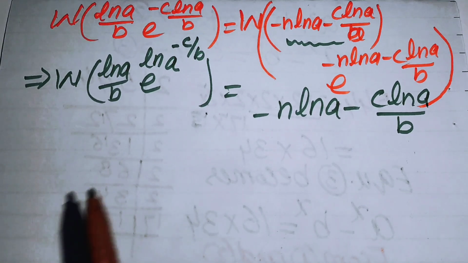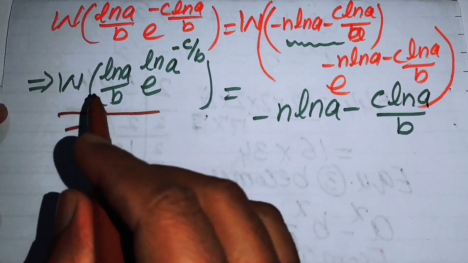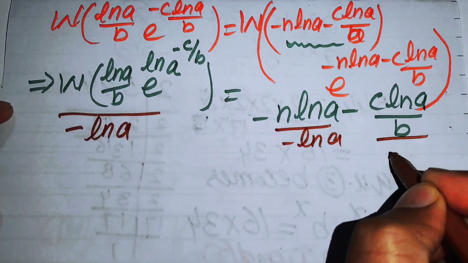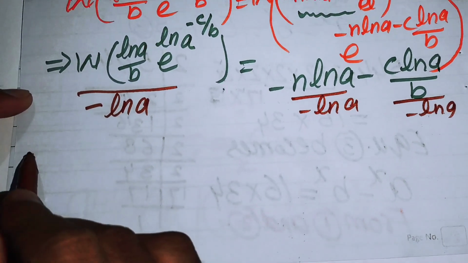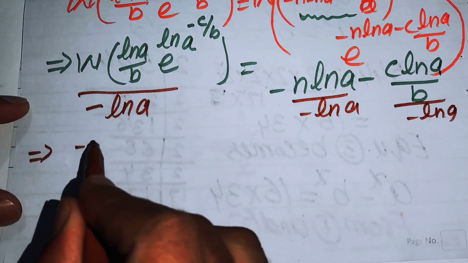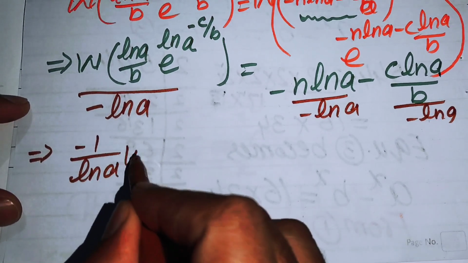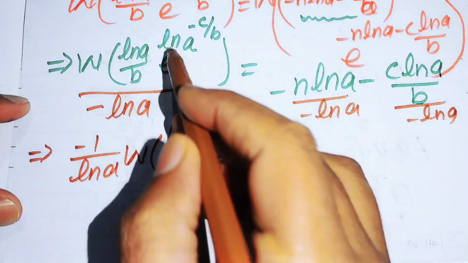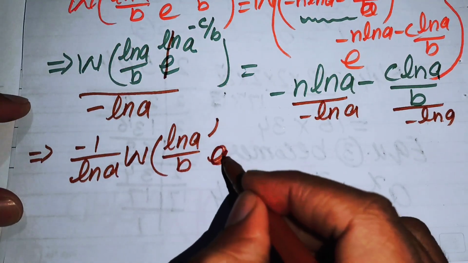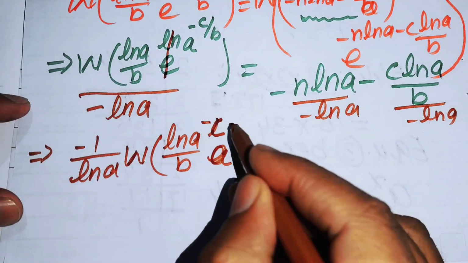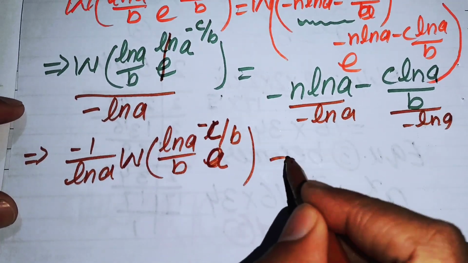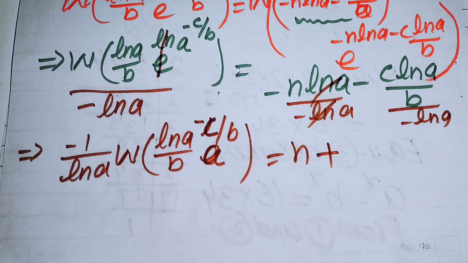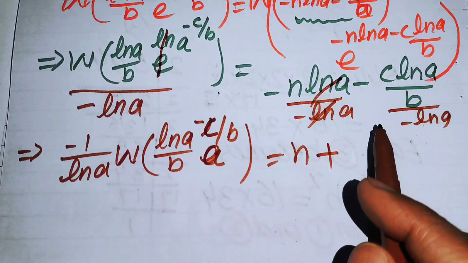So in the next step we divide both of the sides by minus ln of a, so you get in this form minus 1 over ln of a into W of ln of a over b into e to the power of, here you cancel these two terms, and here we get a to the power of minus c over b, it is equal to, here you cancel these two terms and you get here only n, and minus times minus becomes plus 1 here,